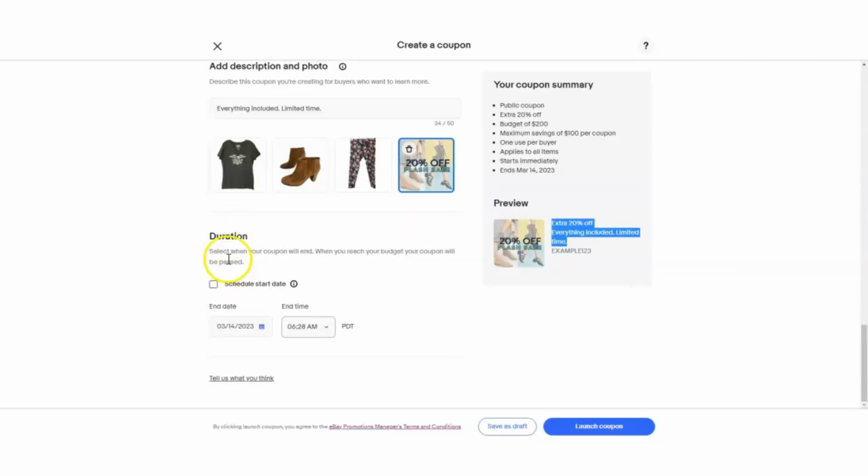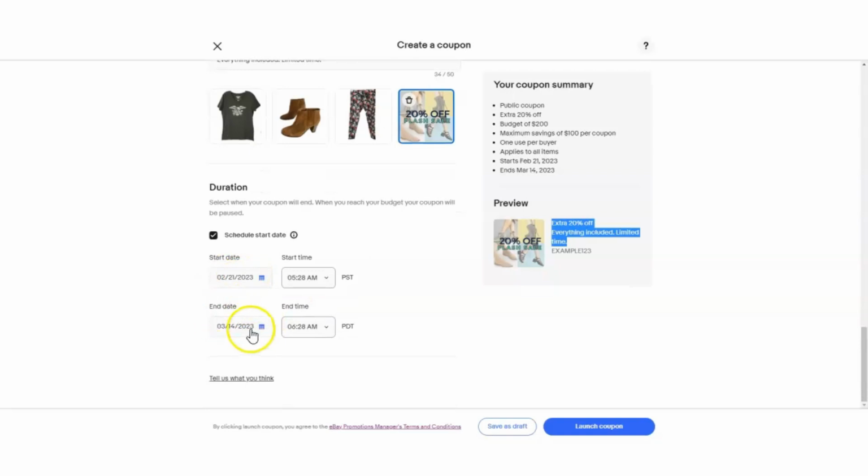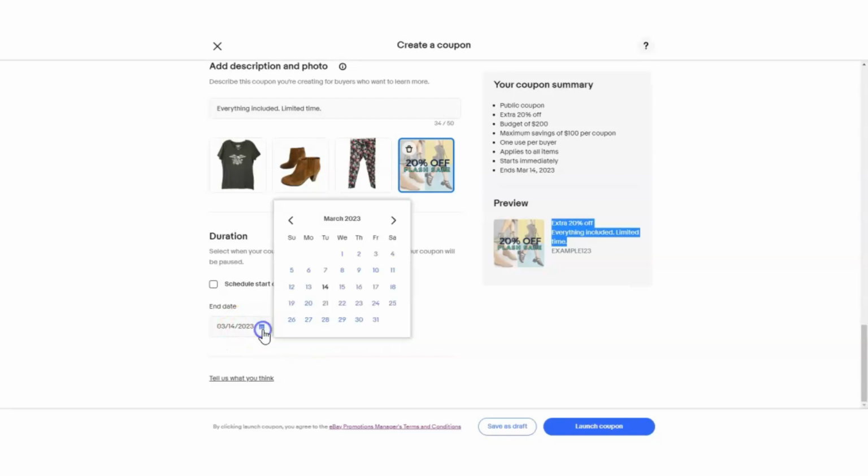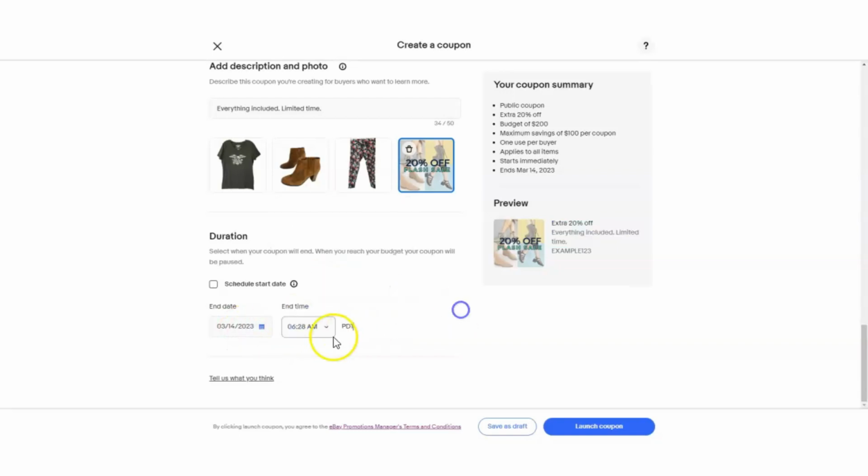Moving back to our coupon though, the last thing we have to do is set our duration of the coupon. If you want to schedule this coupon to go live at a later date, just click this box right here and set when you want to start and when you want it to end. If you want it to be live right then and there as you're creating it, then just set an end date and that's it. I'm going to leave this suggested one, but you can always go in here and click a certain day and even a